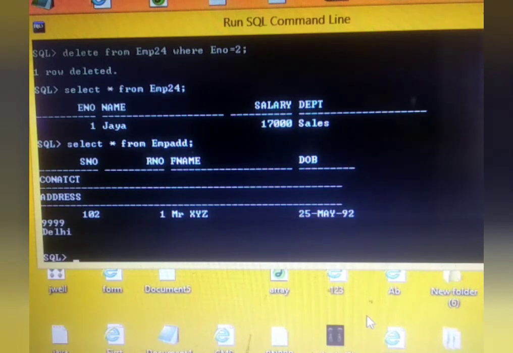It will give you a warning that the second table also has employee number 1, so I cannot delete it. But since employee number 2 was not present in the second table, it could easily delete it from EMP24. But while deleting from the second table, no error comes. The second table is completely independent. It will not show you any error while deleting.